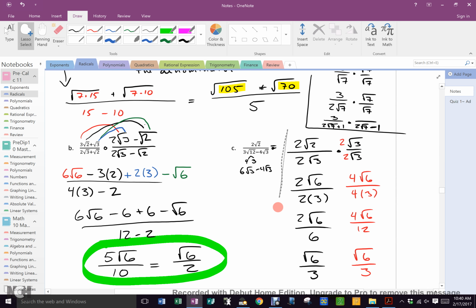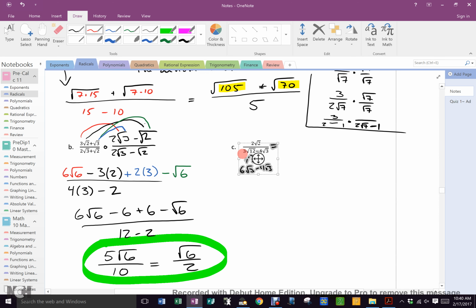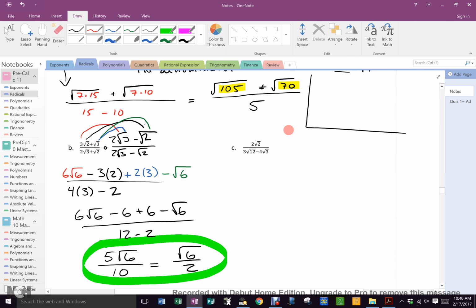Now, if I erase all this, and I do this the long way, and I'm going to multiply by 3 root 12 plus 4 root 3. 3 root 12 plus 4 root 3. So the numerator is 6 root 24 plus 8 root 6 over, now down here,